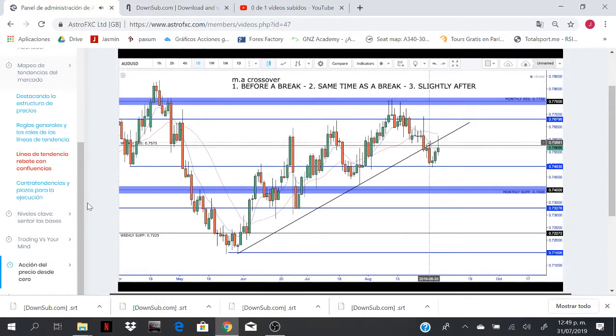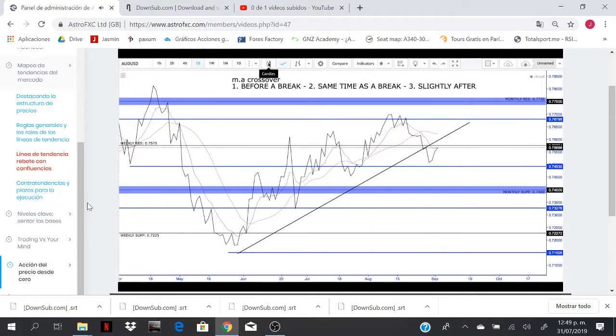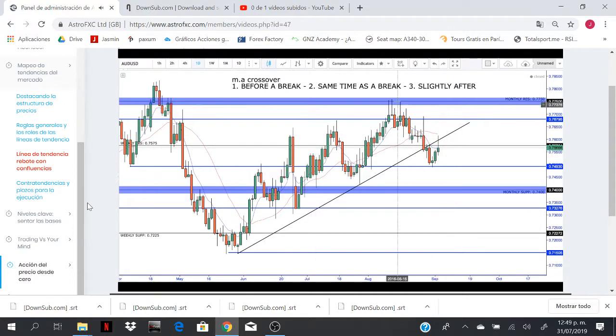Same time as a break, you may sometimes just have to move the candlesticks out of the way by clicking line chart to see what's going on there. And then after, so if it happens afterwards, let's say we had a breakout of the trend line, that's the breakout, but this is the official. Okay, we're fully out of that trend line now. What we want to then do is wait for the moving averages to cross over before going short